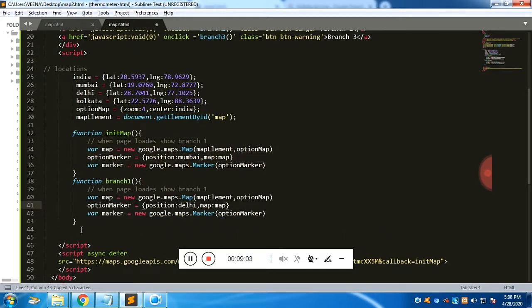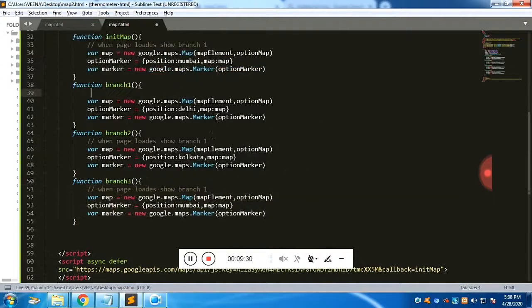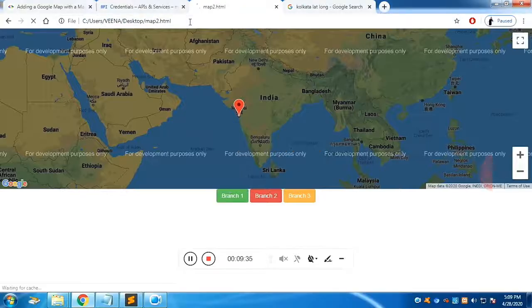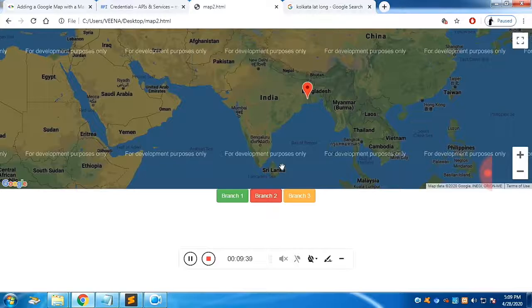The same way, when the second function is called, load the location as Kolkata. The same way you can do it for all the functions. You will get the source code in the description, and if you refresh it, you can see branch 2 place has changed, branch 3 place has changed,